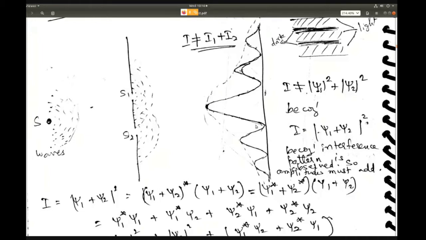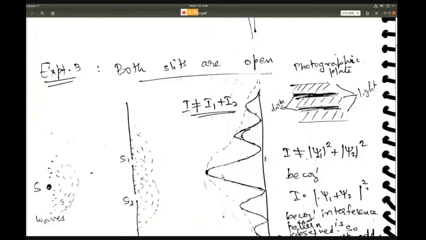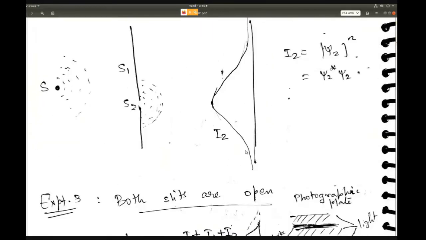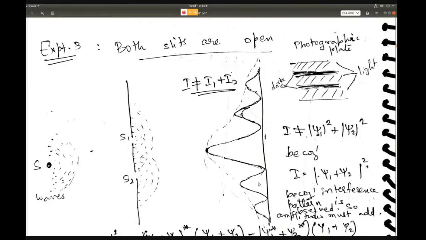And because of that, you will see this oscillatory intensity pattern. This kind of intensity pattern has both maxima and minima, and it not only has one maximum, it has several maxima and minima. Unlike the bullet case, or unlike even this case, right? It has only one maximum, and you won't even call it a minimum, it's just tapering off. And here it has several maxima and several minima. So this is coming from an interference pattern.